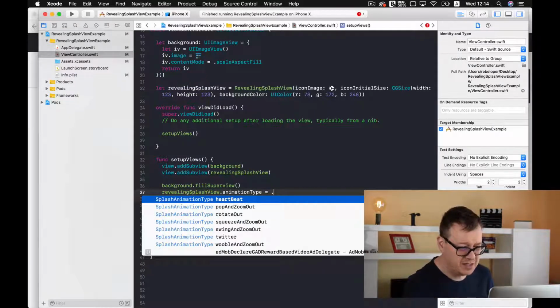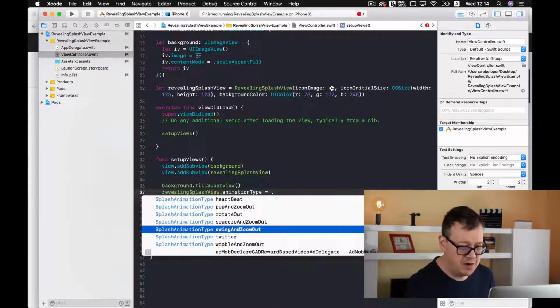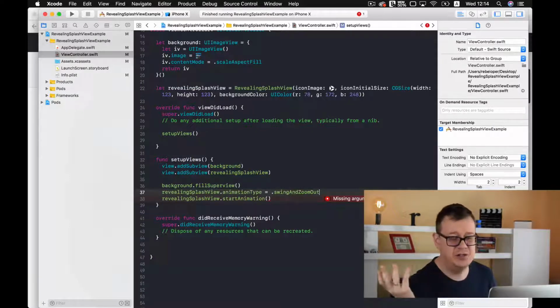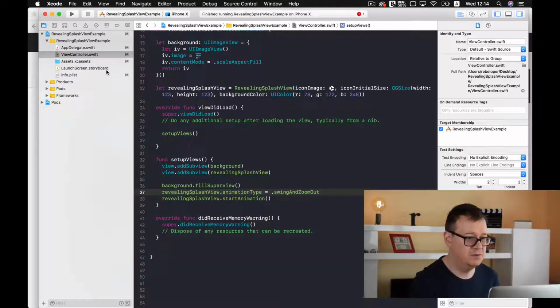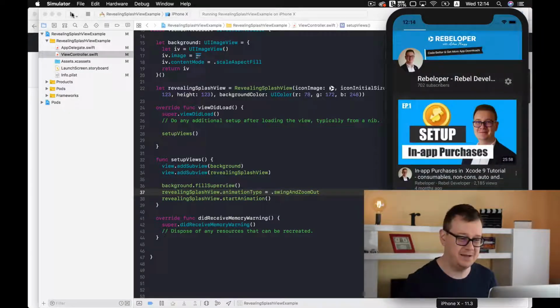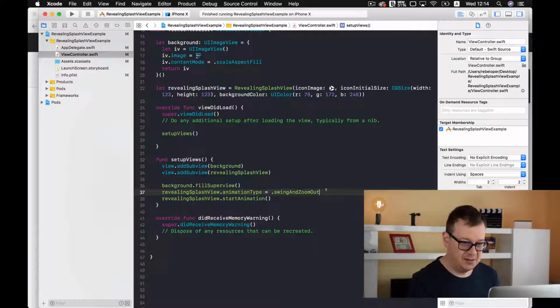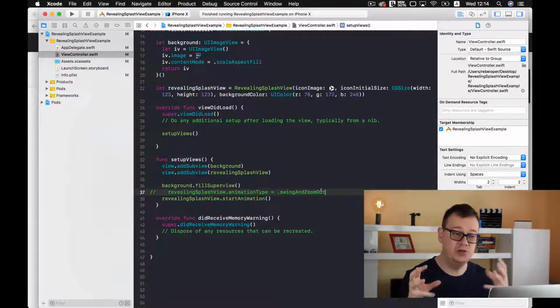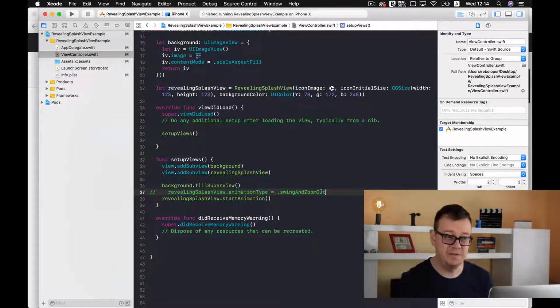So let us just use swingAndZoomOut. Go ahead and check all of them out if you want to. I will just show you this one. Just wait for it. There we go, and it animated out. Pretty great. Now I will just comment this out for now because I want to show you another awesome feature,